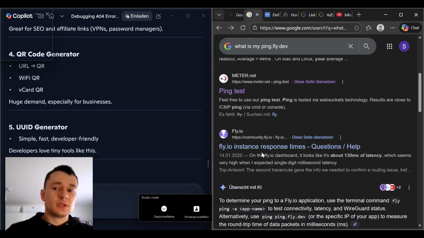Then you need a Google Ads account, and Google will verify your website, and within a few days, there will be ads on your website. And in the end, somebody will click on your website, and you will